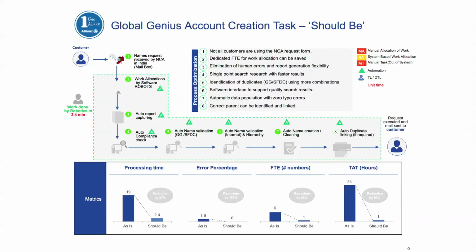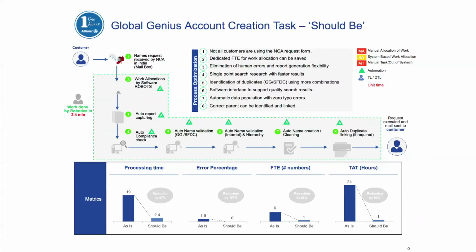And then the duplicate parent linking task, if required, is processed in Step 8. Finally, an auto acknowledgement is sent to the requester on the respective name creation activity. The metrics give you the comparison between as-is and should-be, with percentage reduction in terms of processing time, error percentage,